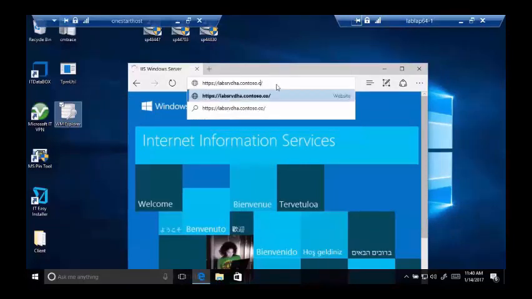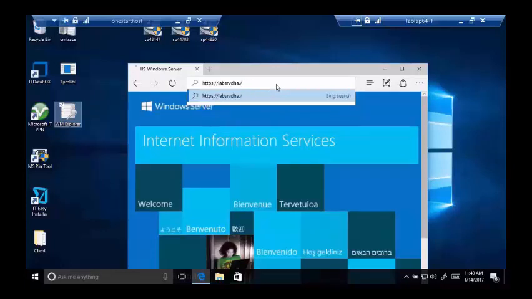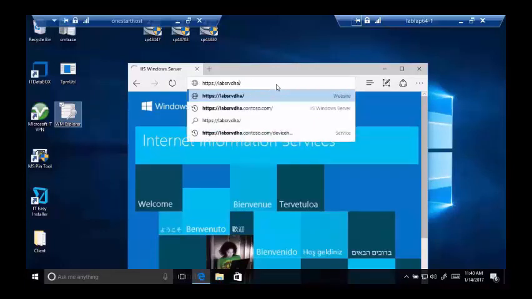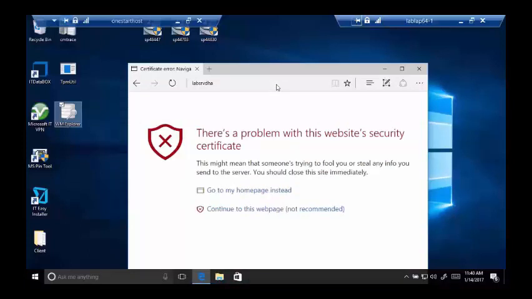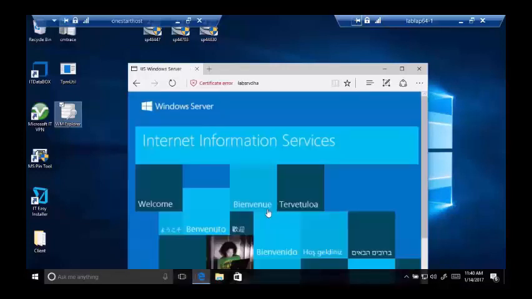Well, what happens if I don't? What happens if instead I just reference this by NetBIOS name? Well, it'll connect, but the problem is it's mismatched from what the certificate is configured to be. And so it says, hey, there's a problem with the cert. It's not because there's a problem with the cert. It's because you're not using the subject name as defined in the cert. I can bypass this and continue, but in a DHA world,